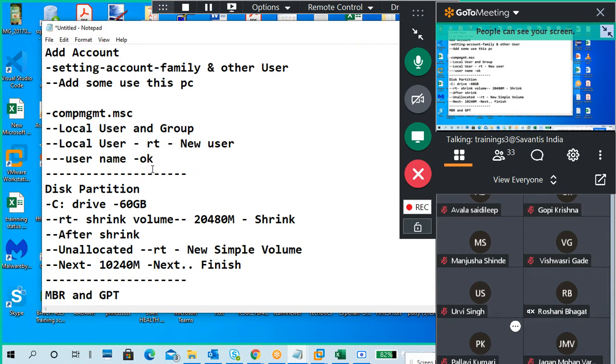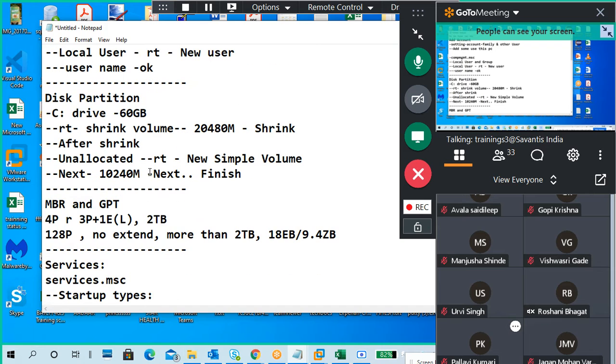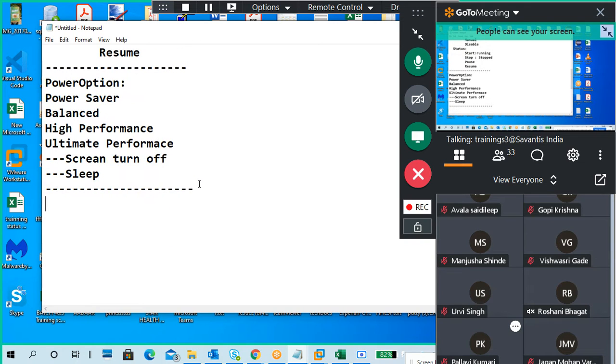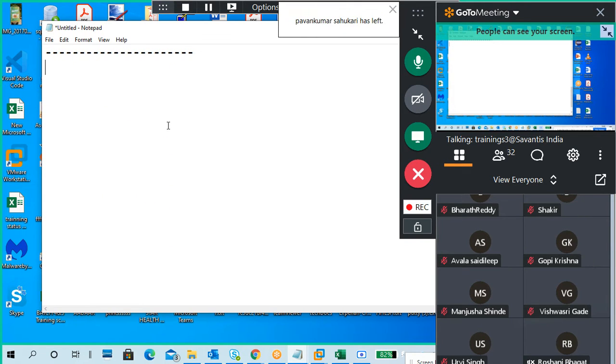For example, if you added an extra user account, or practiced disk partitioning, service accounts, service management, power options, like that. Whatever things you have seen or practiced, you should be able to check. Of course sign in options and others are there, so one by one we'll see it.